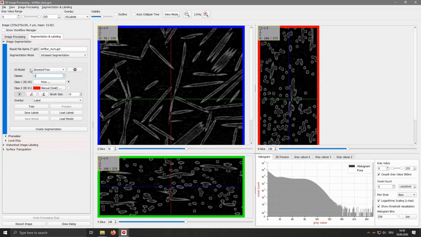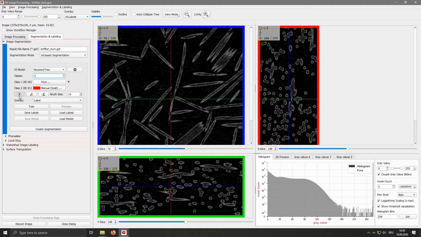Below the selection for the method, you can select the number of classes, so the number of material phases you have in your scan that you want to label. In our case, we will stay with 2 as we want to segment the pore space and the fibers. Below that is the switch for the mouse mode.